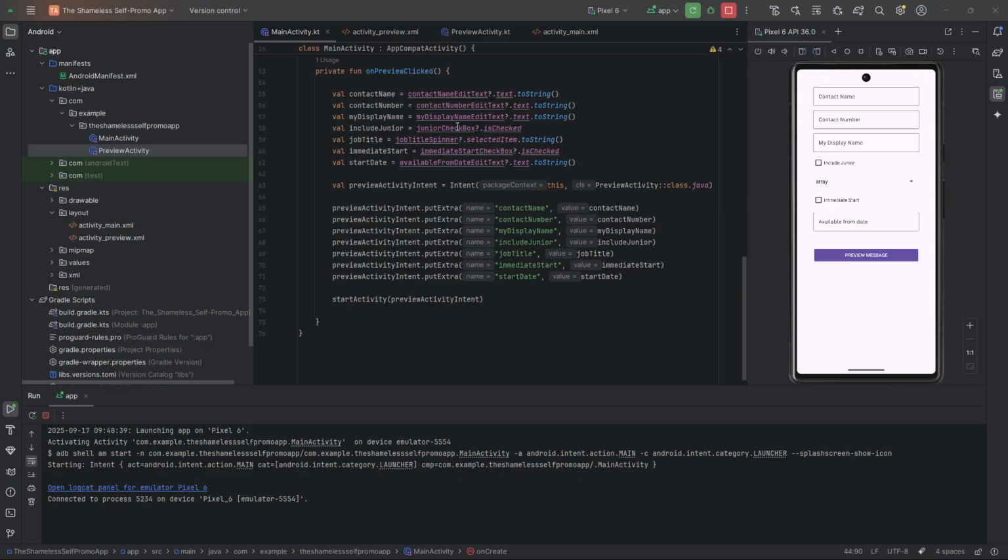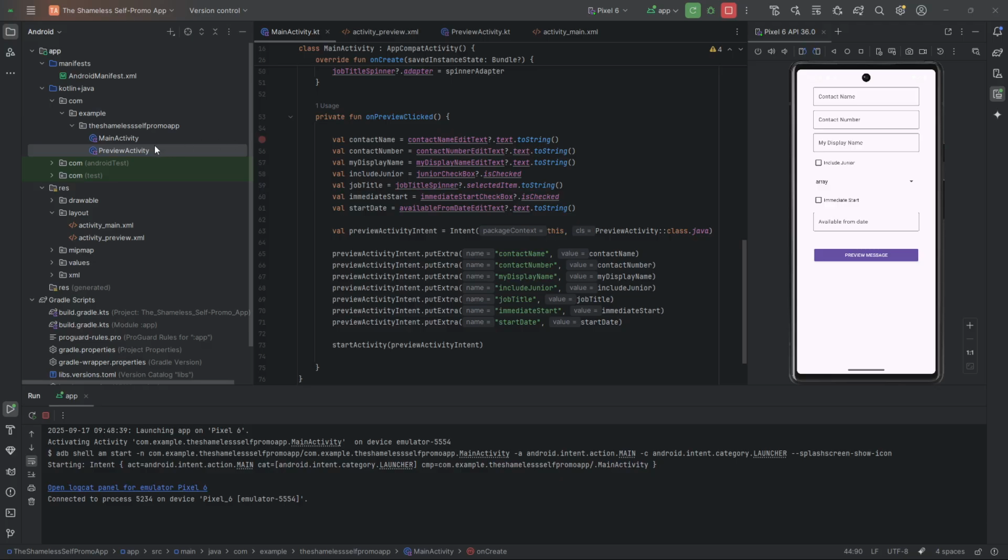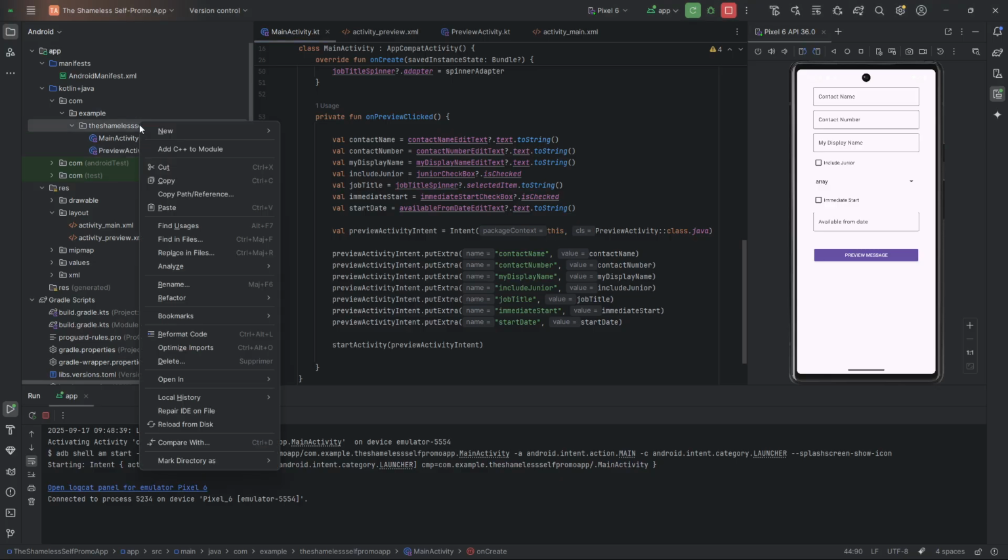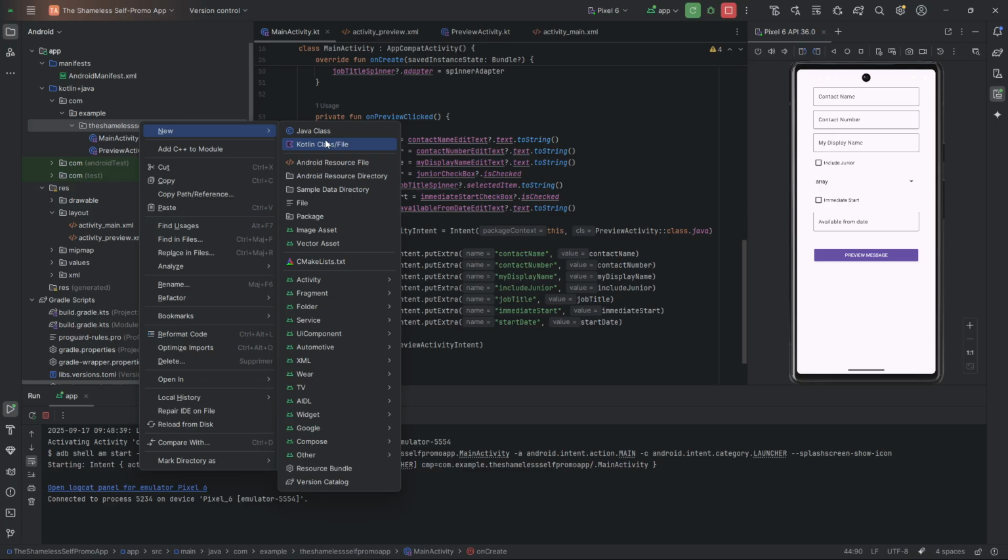Hopefully you're seeing that this doesn't appear to be the most optimal way of doing this, the cleanest way of coding this. If I just jump over to the preview activity, we have a similar problem. We have to retrieve each extra one by one, save it to a variable, and then we use those variables one by one. So if I just go back to main activity,